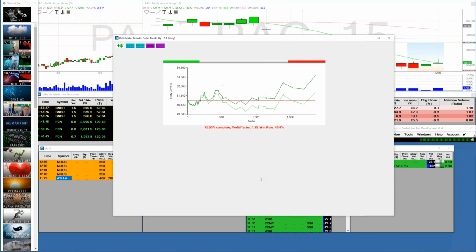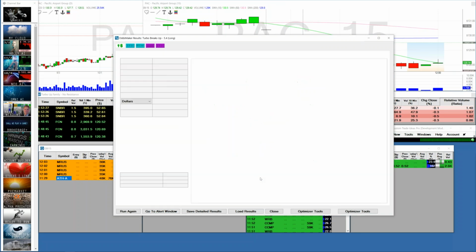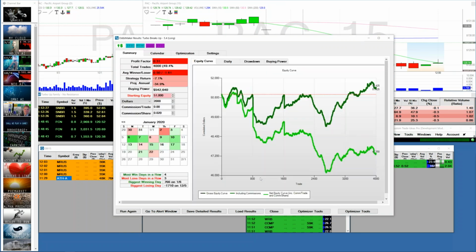Now the backtester is going back over the 40 days, applying the simple rule set, and voila. Now, take note, in that few seconds, the backtester just backtested 4,000 trades, okay? This is one of the underlying superpowers of the backtester. It allows us to power through that massive data set in a few seconds. We could never have done that